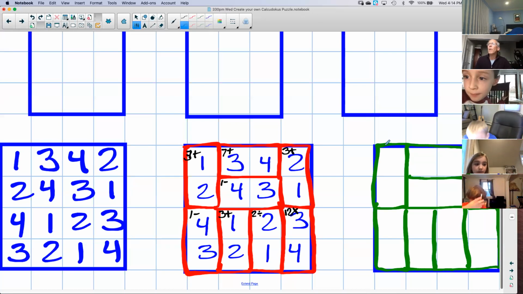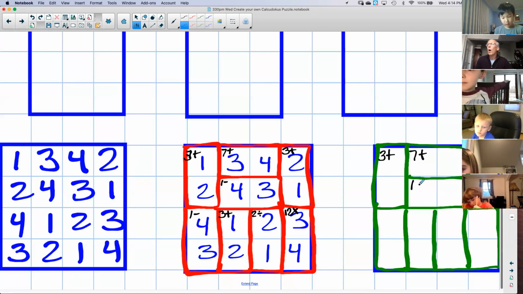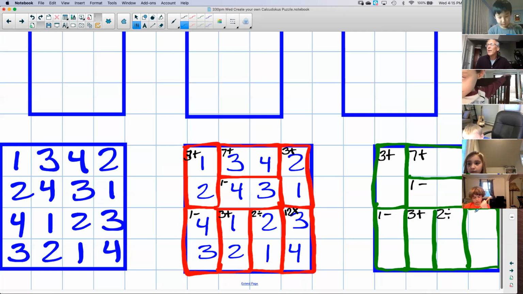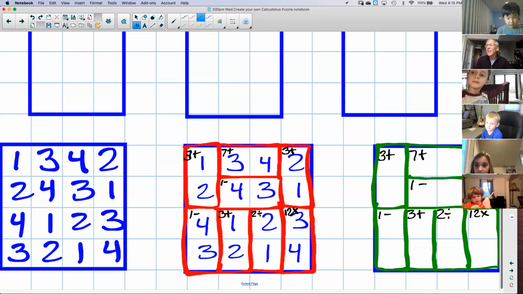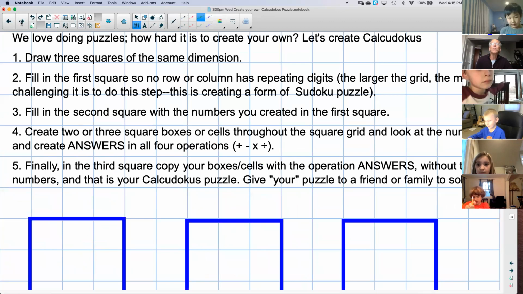And the operations that you chose: 3 plus, 7 plus, 3 plus, 1 minus, 1 minus, 3 plus, 2 divided, and 12 times. Now, what would be really cool is to give those to your friends or your parents and see if they can solve it. Now, everybody right now,